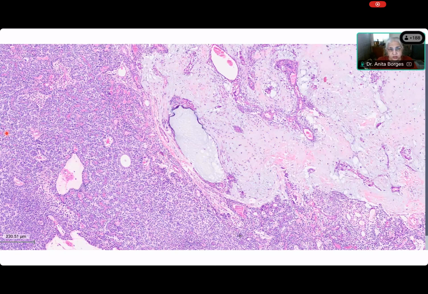Do you see all these cells over here that are forming sheets of cells? Yes, and they're sheets of cells, but they are basaloid. There's hardly any cytoplasm. And what do you see in the middle of all the sheets? You don't see that there are lumina or spaces. Do you see spaces? Everybody can see a space here? Yes, ma'am. Here's a space, and there are lots of other spaces. Now, what's the difference between this space and that space?